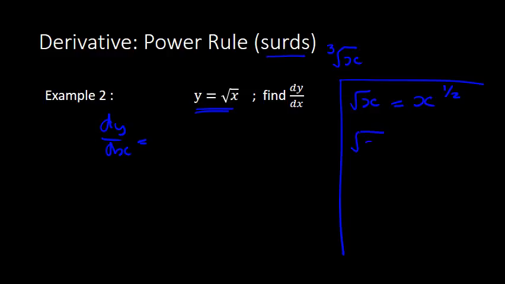You can have the third root, in which case it's x to the power of a third. You can have any value outside, and in that case it would be x to the power of 1 on n, where n was the number outside the surd sign. So having accepted that we've got this group of possible operations for surds,